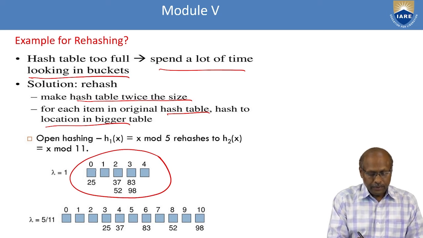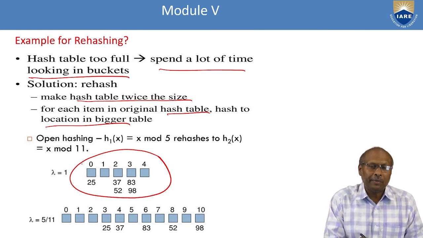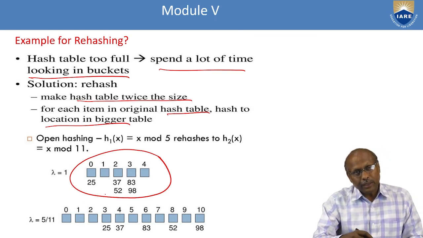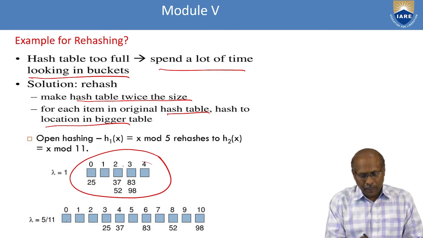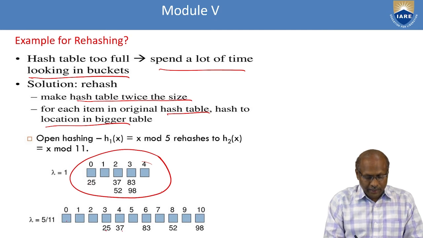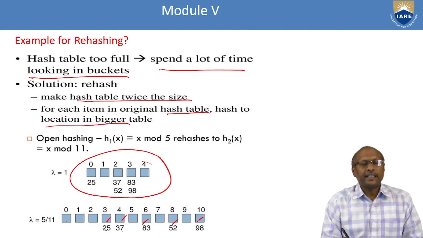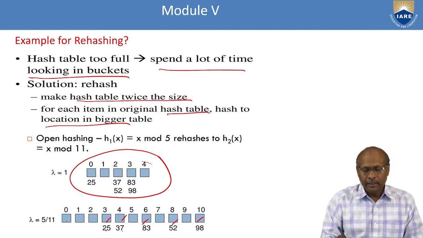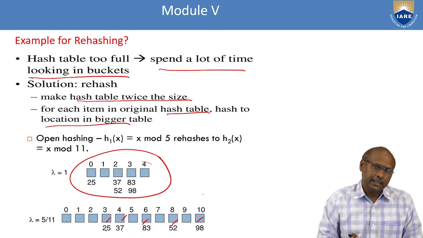Here my load factor was 1, because there were 5 data and all 5 slots are filled, so 5 by 5 is 1. It should actually be 0.75, that is 75%. In this case I have to rehash. So double the size: earlier it was 5, now 10 or more, so my table size is 11. Now whatever values are there, I have to rehash, finding the position where I can get an empty slot. Now it is 5 by 11, so the load factor is less than 1 and even less than 75%. So it is the best hash table.